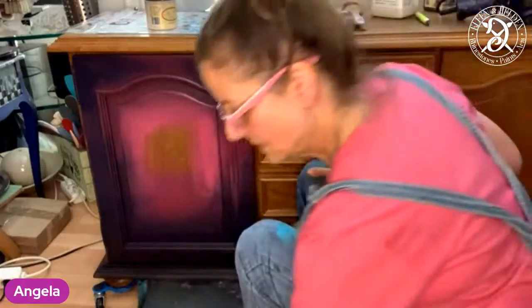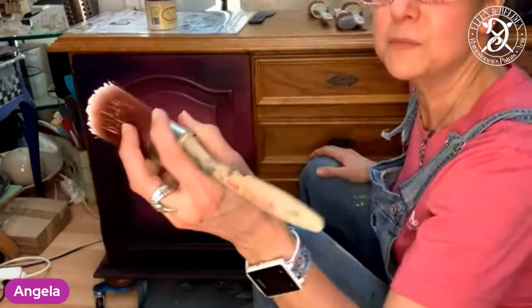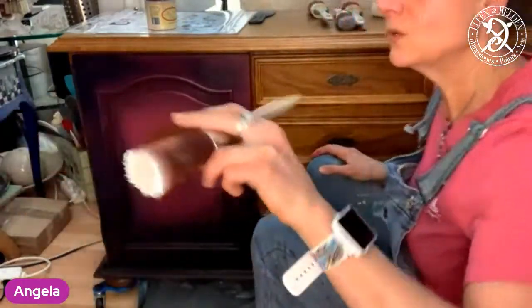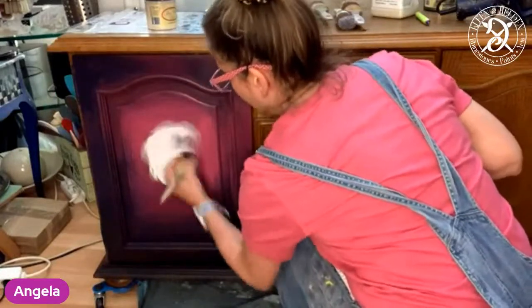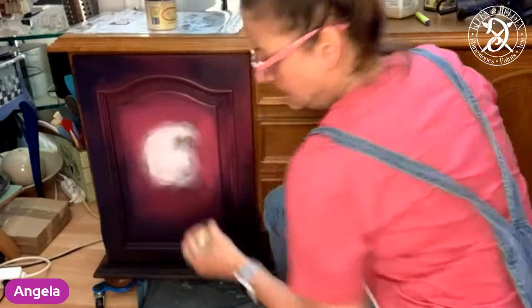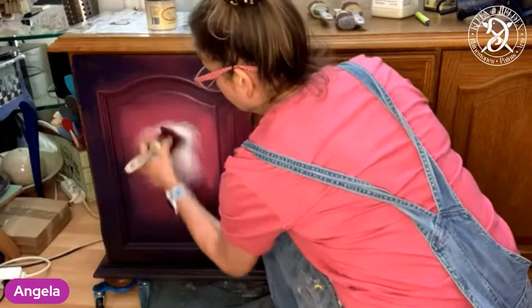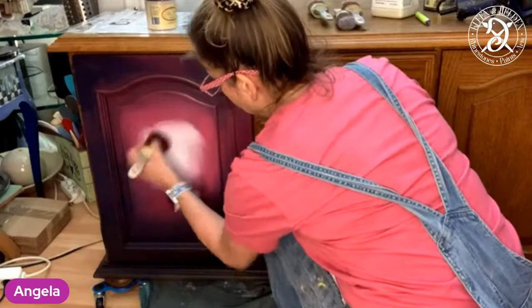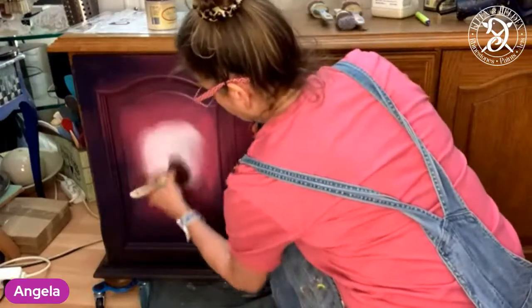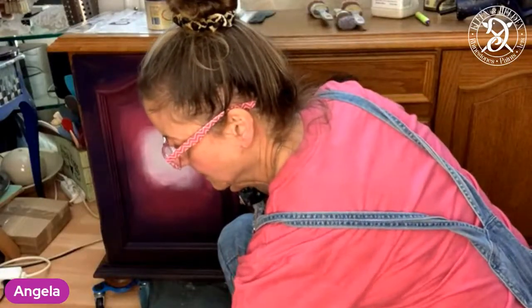So do we see any questions? So I'm going to come in the middle with fluff. Fluff is, I'm using the oval medium now, which is one of the oval brushes. Just swirl that in the middle. Let's see. A little bit more of the